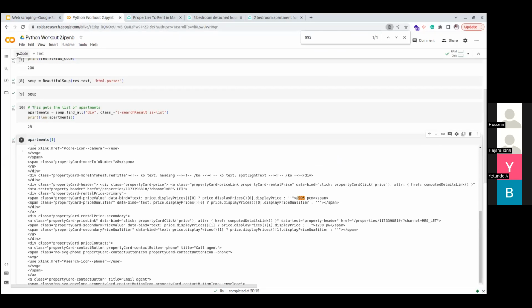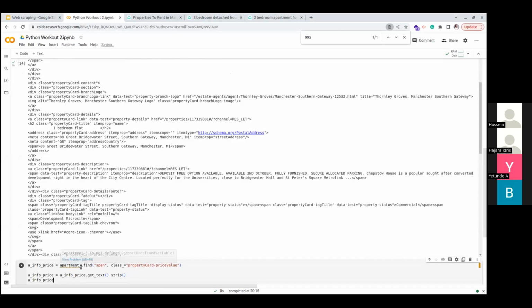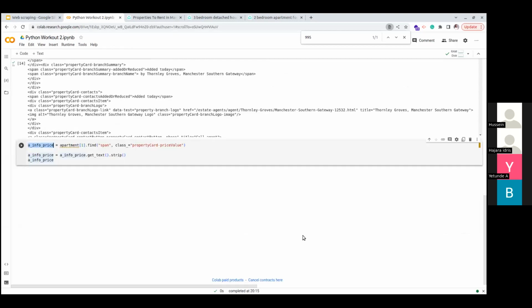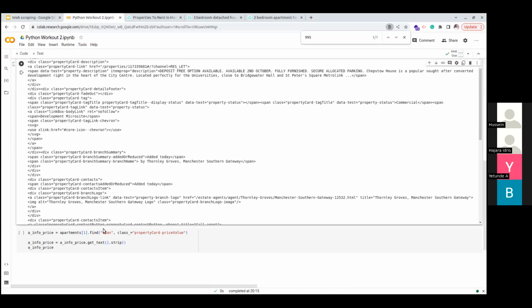So what we need to do is let's go to another cell. The code for that too is very easy. We have 14 more minutes to go, so if I'm rushing, just forgive me. So let's do apartment 1. So this is just me declaring a variable, right? Let me clear. I don't want to clear it because we'll be using it. Apartments. Sorry, forgive me. It's supposed to be apartments.